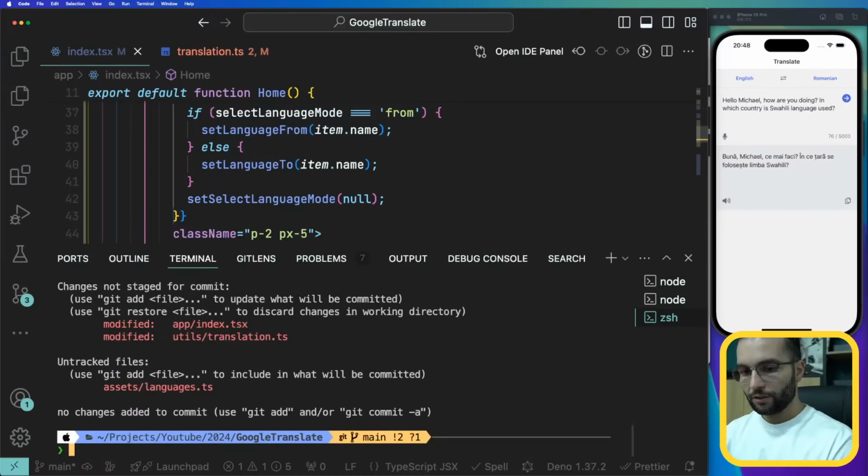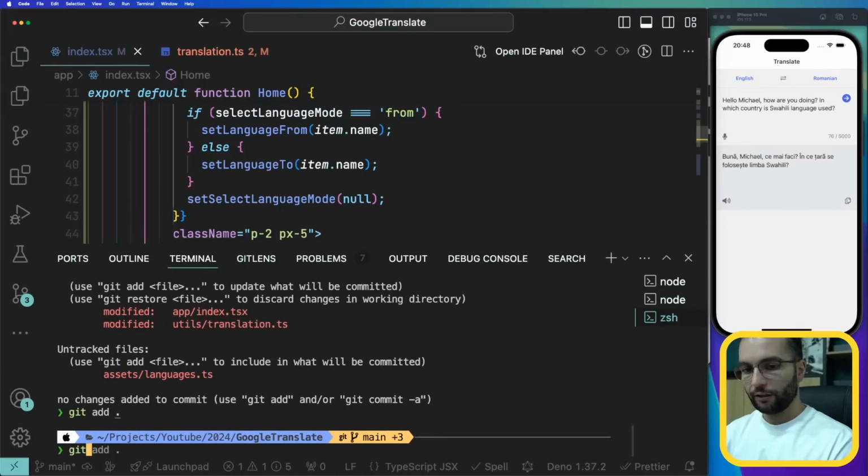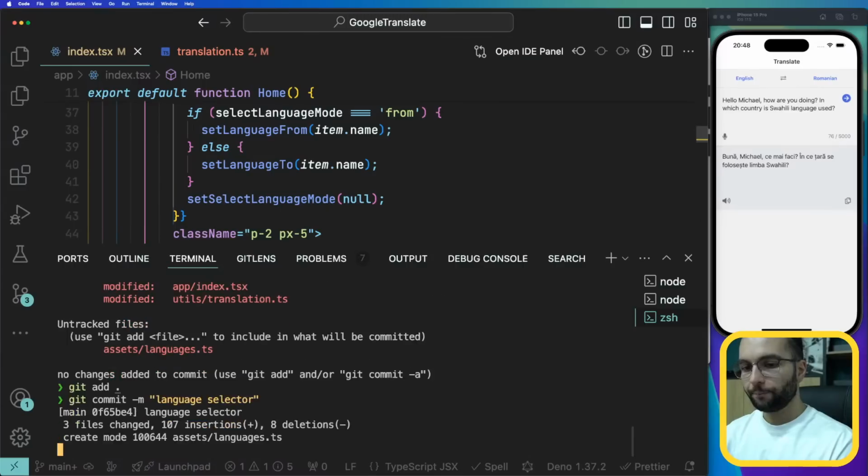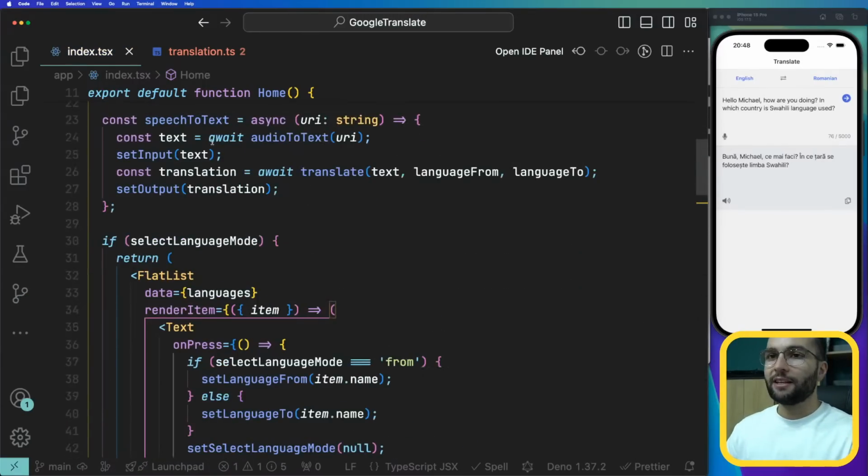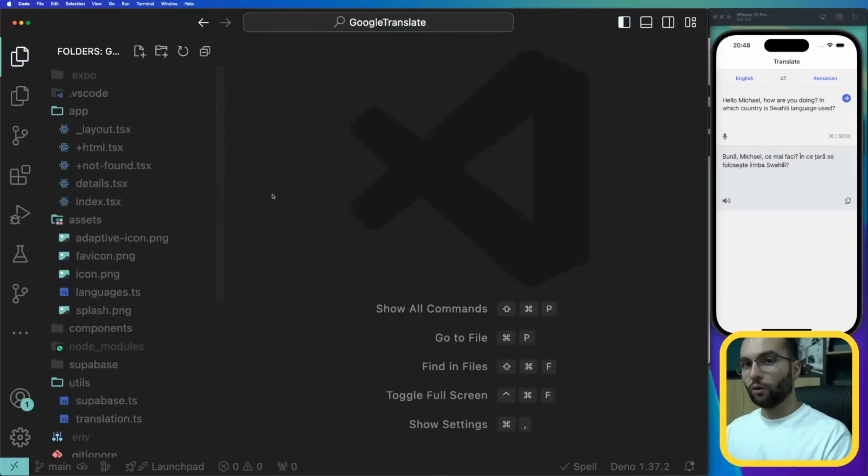Git status, git add, git commit -m language selector. And the last step is going to be to